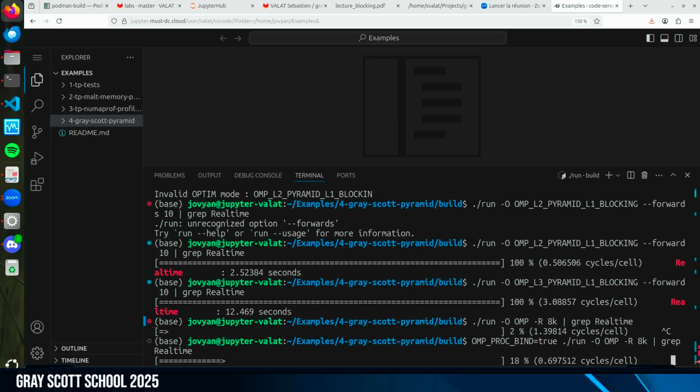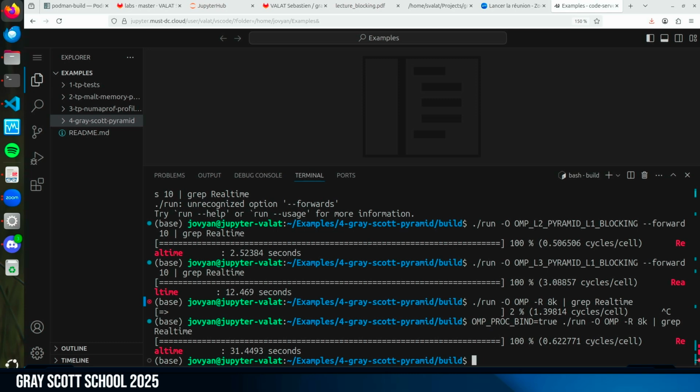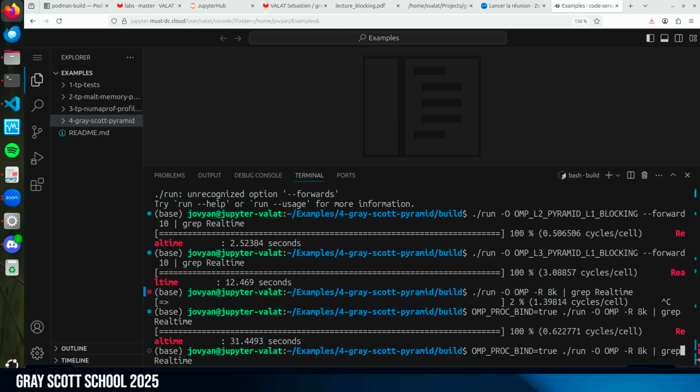So I don't test it on this machine, so I hope I will not have a demo effect. So already we see 0.6, 0.7, 0.8 cycles per cell. Okay, without blocking, 31 seconds. We can do L1 blocking.